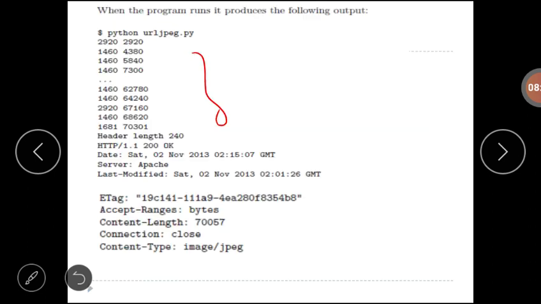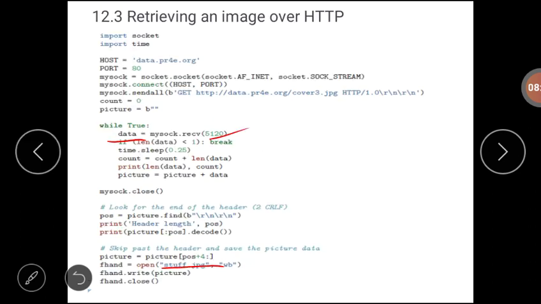You can see here that the content type header indicates the body of the document is an image file. Once the program completes, you can view the image data by opening the file stuff.jpg in an image viewer. Here, the file we are retrieving is stuff.jpg.